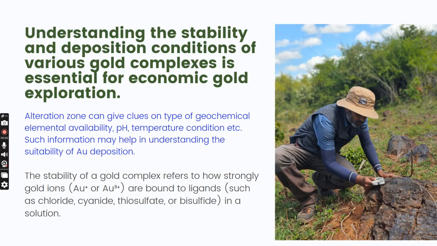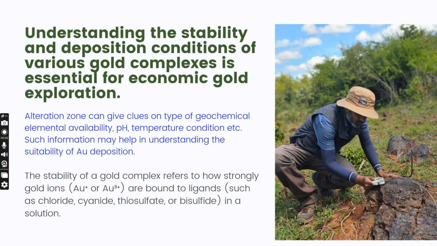I am just giving an example of gold, so the same analogy can be utilized for other types of metal also, okay. So the stability of gold complex, and metal to metal, their stability range will be different, their oxidation reduction potential will be different, but the fundamental concept will remain the same. So therefore stay tuned. So gold generally Au+, Au3+, these kinds of